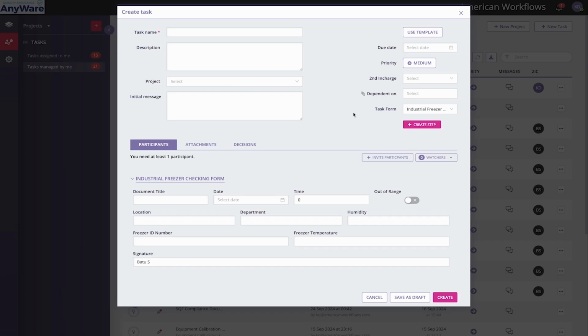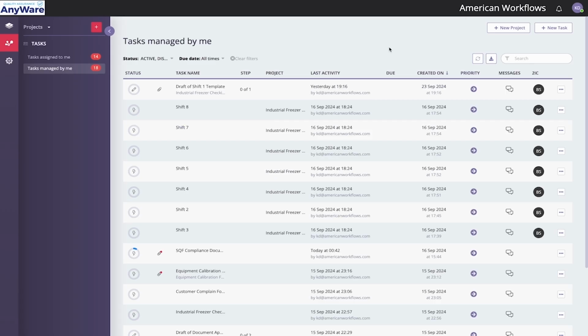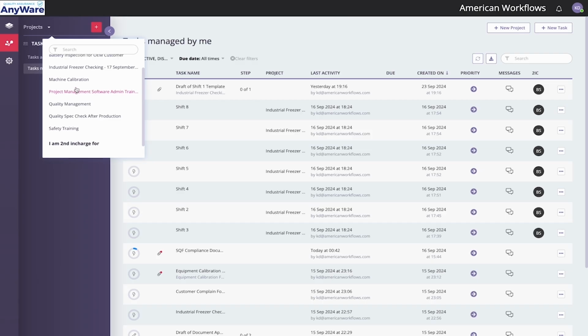All right, so this is how we can create the forms inside the task. Once we're all done, we can hit create, and that will create our brand new task connected to a project, or creating an individual task. If you want to see all our projects in one, we can do that as well. In order to do that, we have the top left under projects. As you can see, once we click on that, we can see all our projects.